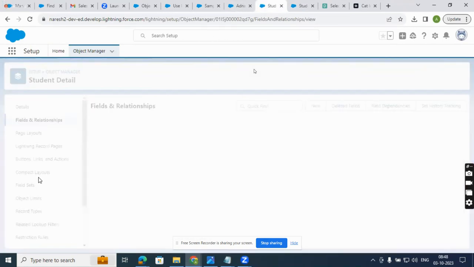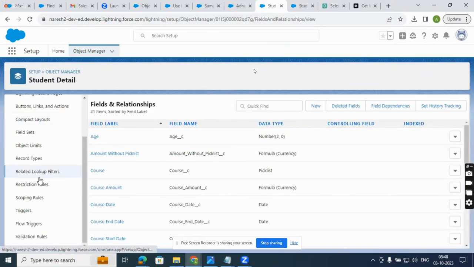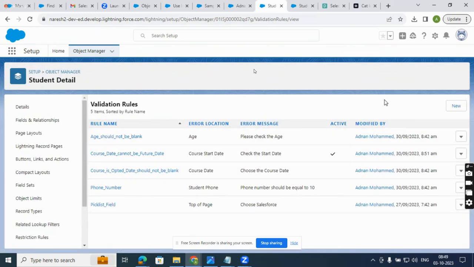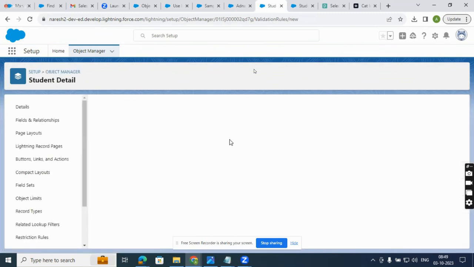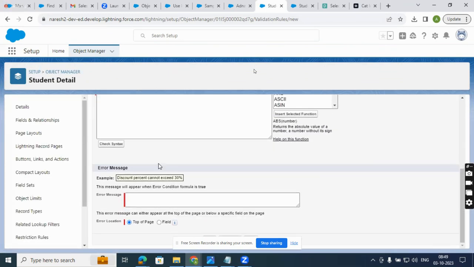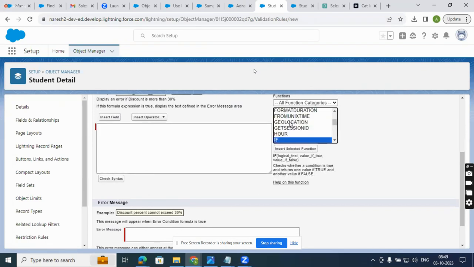So where do we need to do this, either in a formula or a validation rule? A validation rule, because we are not going to update any field, we are just going to check the condition. Now you understood the difference between a validation rule and a formula. We are going to use validation here. Let me click on a new validation rule. So in this includes,